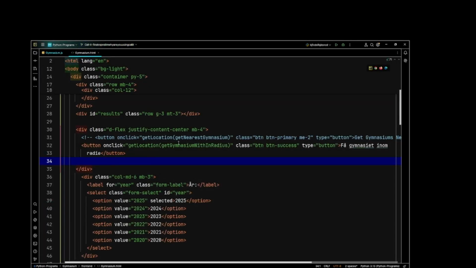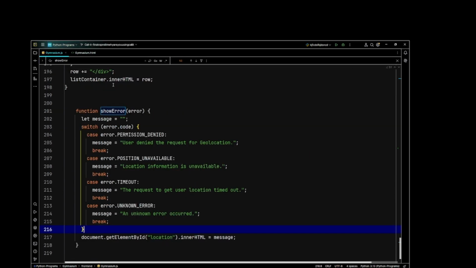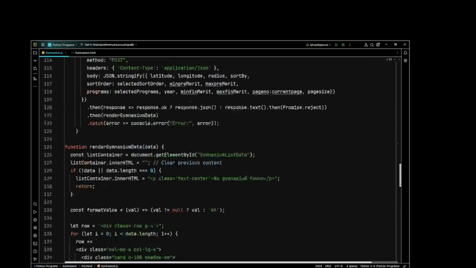So get location is for when you want to get the latitude and longitude of where the user currently is. Here we have the HTML file where we're calling the function, and this is a callback function. That means we're passing another function within the function. And type button. Then if we go to the JS file over here,